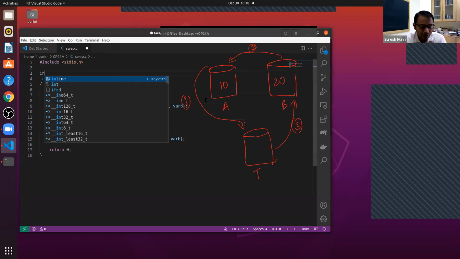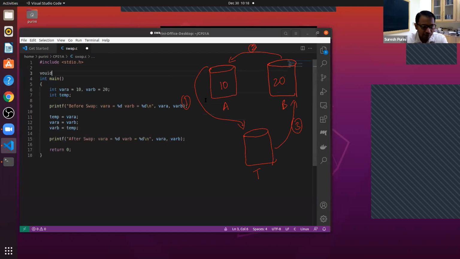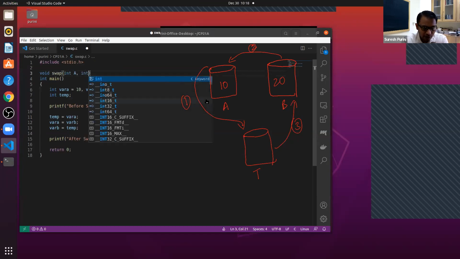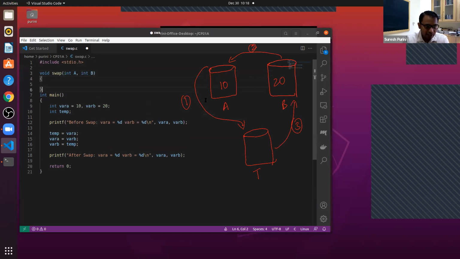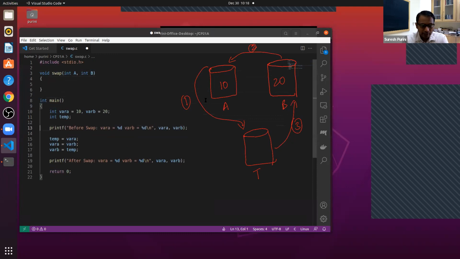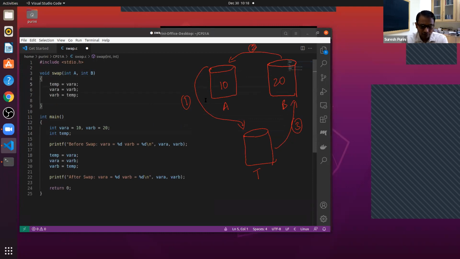What should be the parameter type for the swap? If I say int a, int b, is this going to work? I have the nice code for swap.